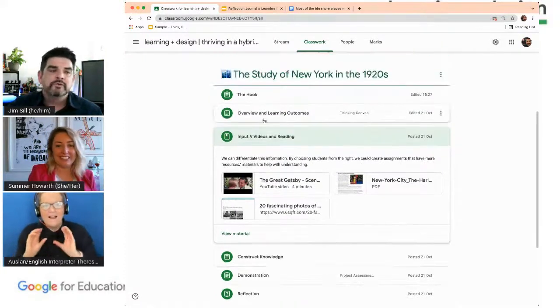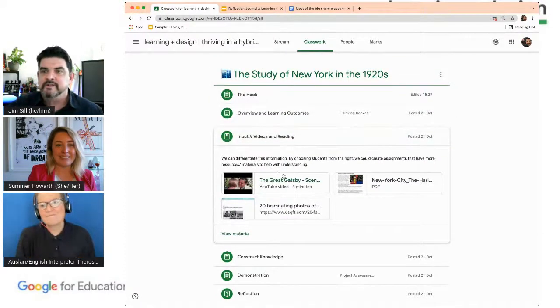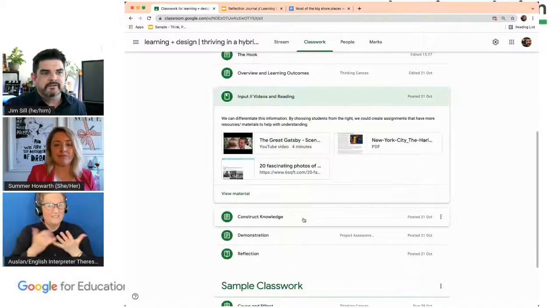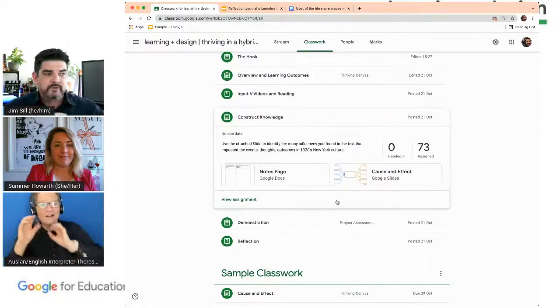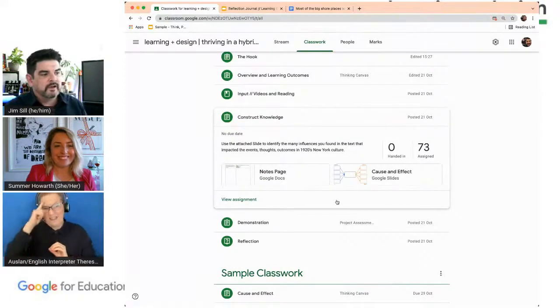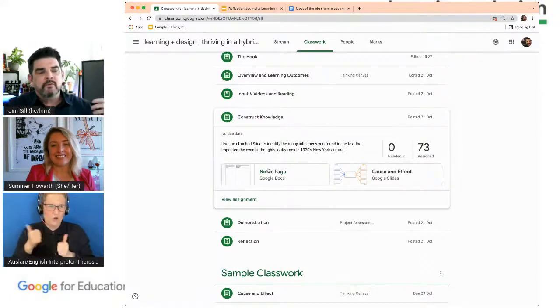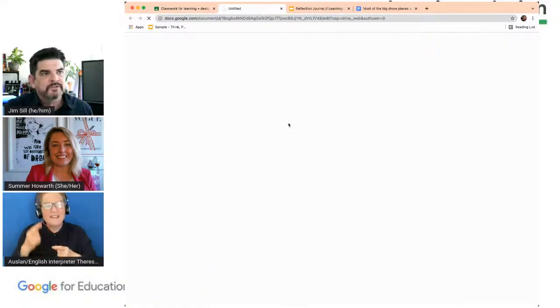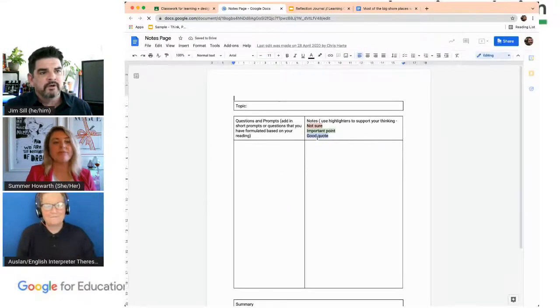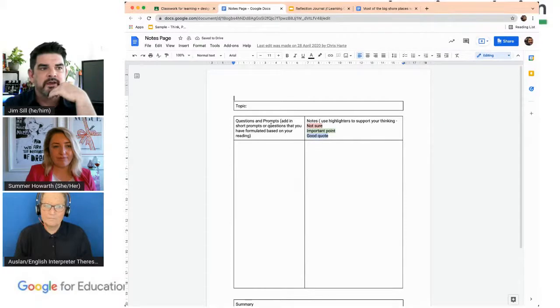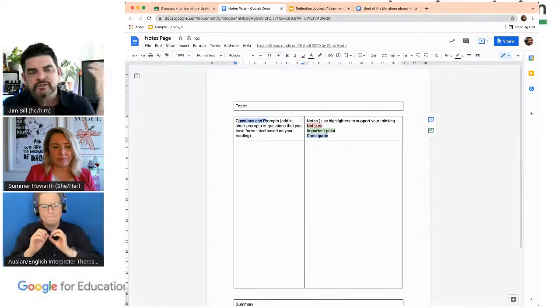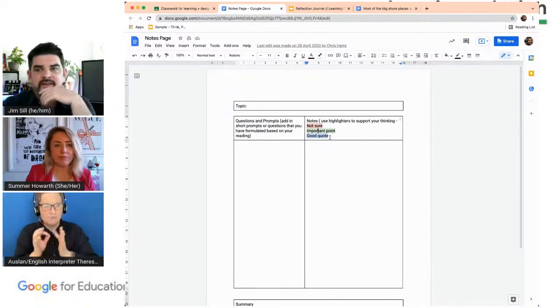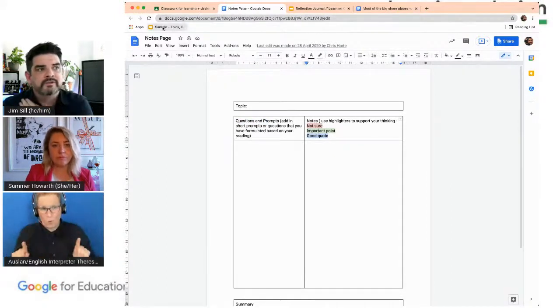Oh, that's so true. You could just leave the skeleton of it and just replace the text and the other things. If we go into constructing knowledge, there's lots of examples. I think Chris did a good job of sharing these in here. So how do we, here's just a simple notes page. When it comes to this notes page, I was looking at this earlier, and what questions and prompts, and I'm not sure what's kind of like the Kanban board that Chris was just sharing, but we could also even insert something like this,